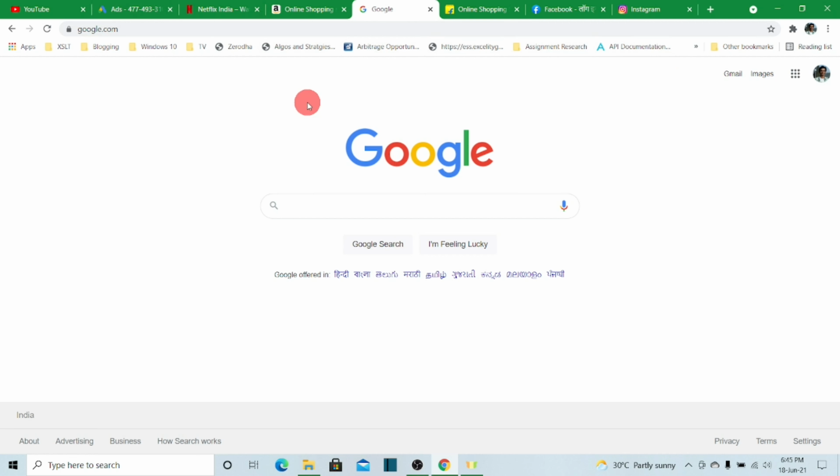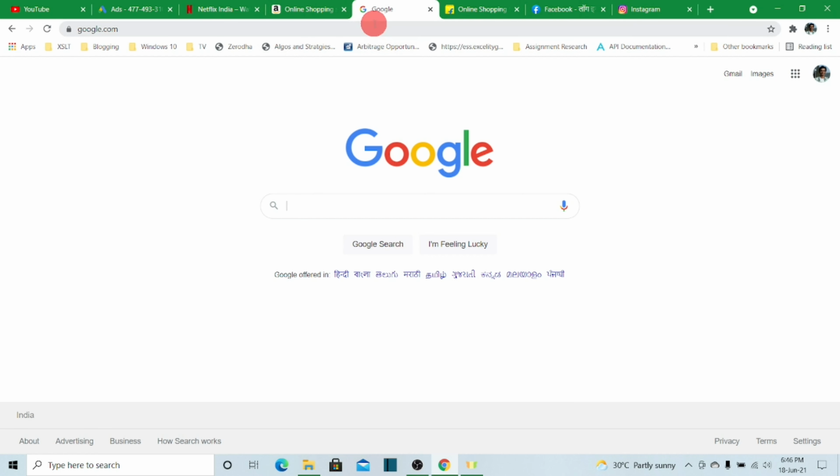So with this feature, what you will be able to do is group similar type of tabs into a group or category and give it a name. And with that name, you will be able to access those quicker. So what I want to do now is I want to show you that I can group these websites. For example, the Google websites, I want to group them into one category. The social media websites, I want to group them into one category. The shopping websites, I want to group them into one category. So let me show you how you can do that.